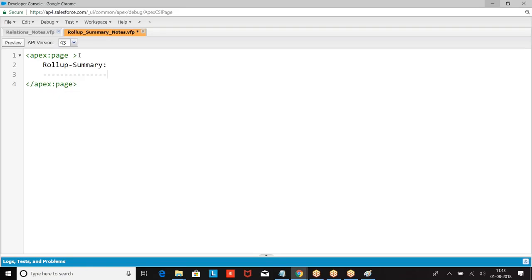Then we go for roll-up summary on the child records. Where can I create this roll-up summary? Only on the master object in a master detail relation.